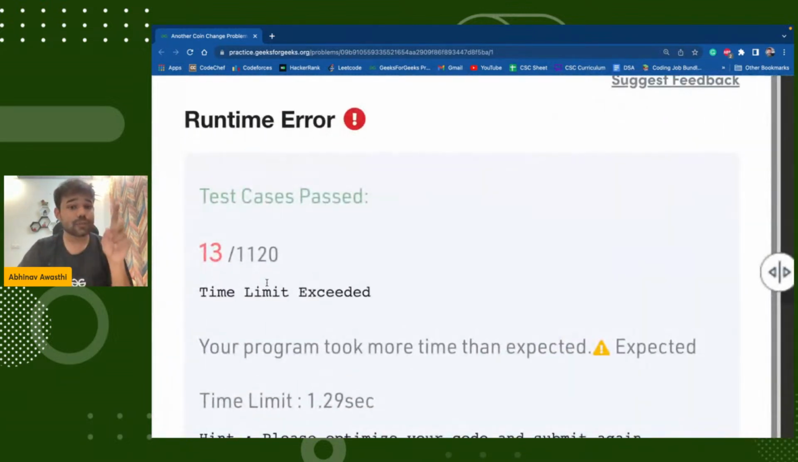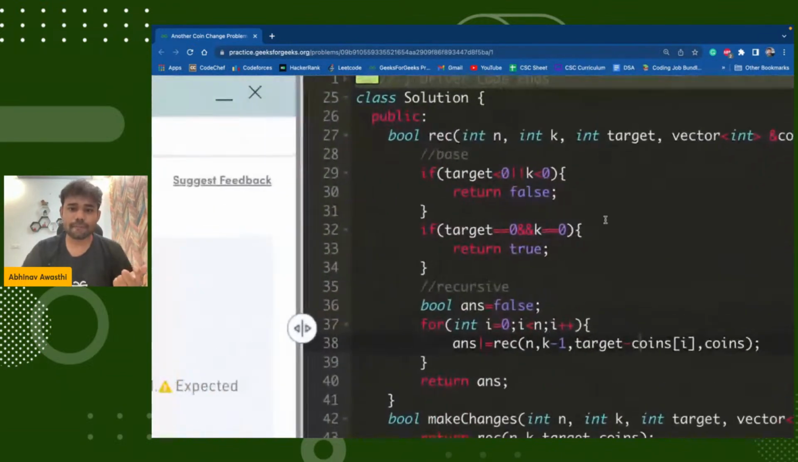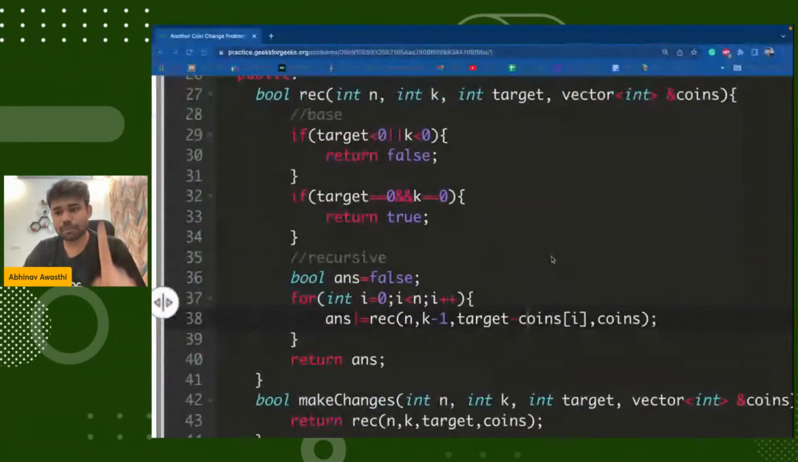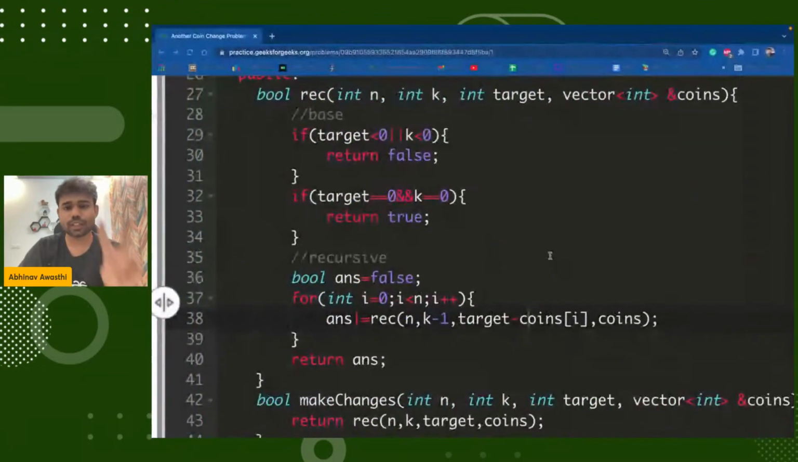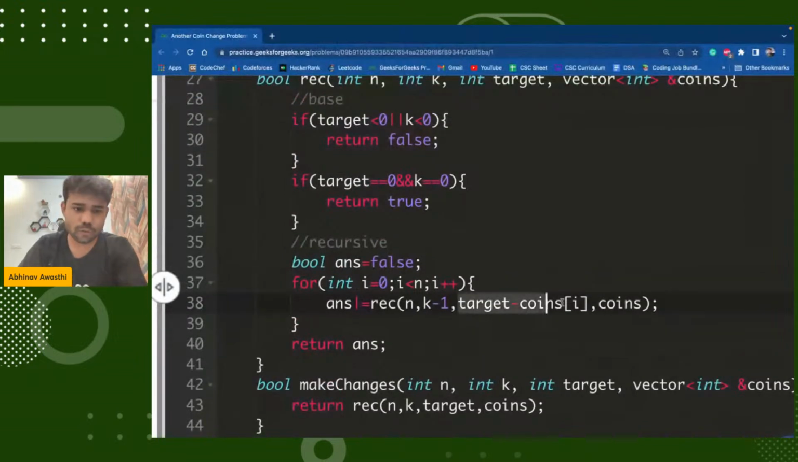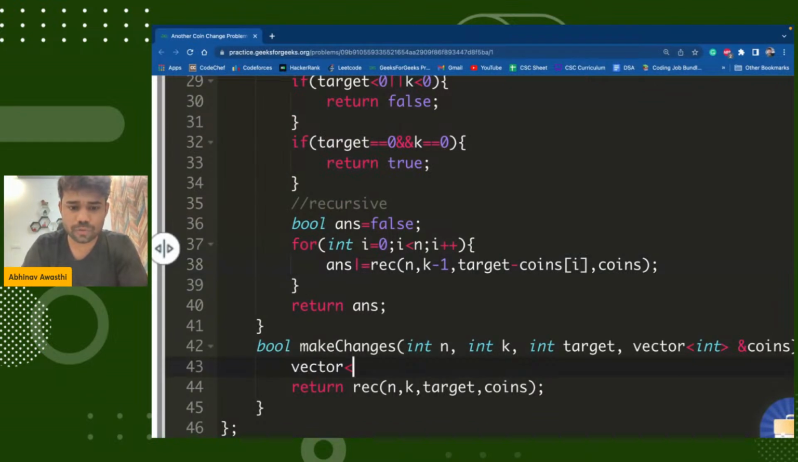You can see this one is quite slow. The previous solution was running up to the 18th test case, and this one is running up to the 13th test case. That is actually faster, but it was a 3D DP. Now we'll simply memoize it, so I can take a 2D DP. You can see two variables are there, k and target, so I will take a 2D vector of this size only, a vector of vector